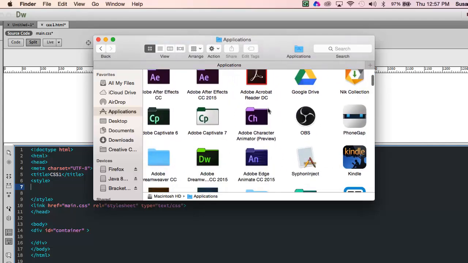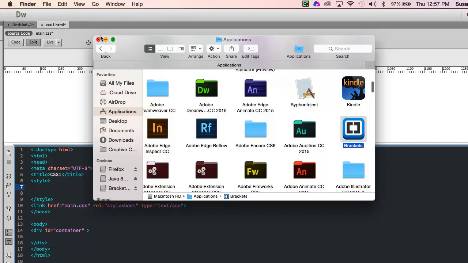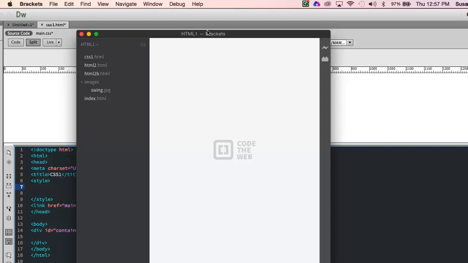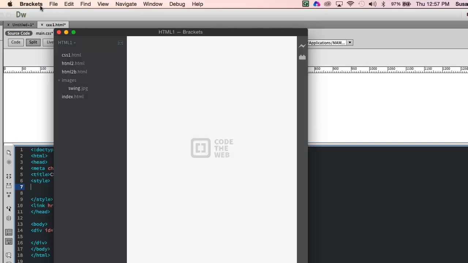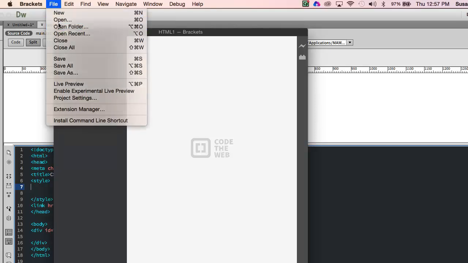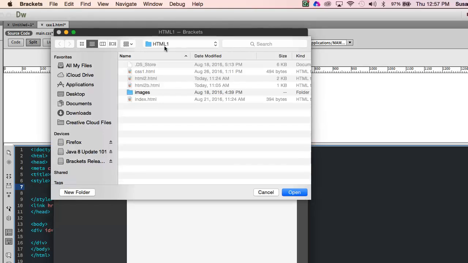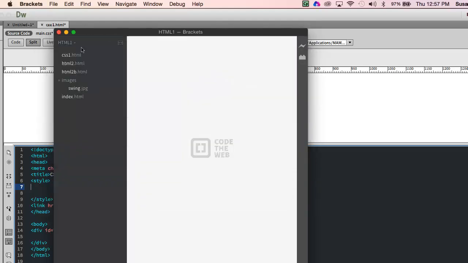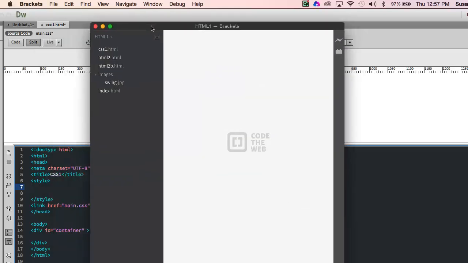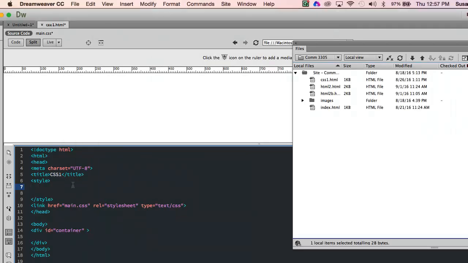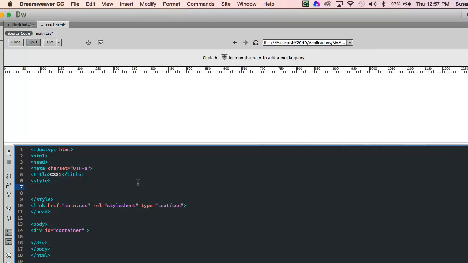I think my Brackets is over here. So for Brackets, to do the same thing as selecting your file, you're going to go over and say open folder. And then you will point to the location, which in my case is my HTML1, but it's wherever you have created your folder. And then your files show up over there. But for right now, I'm going to work in Dreamweaver, but it's pretty similar. Okay, so now that I have that,